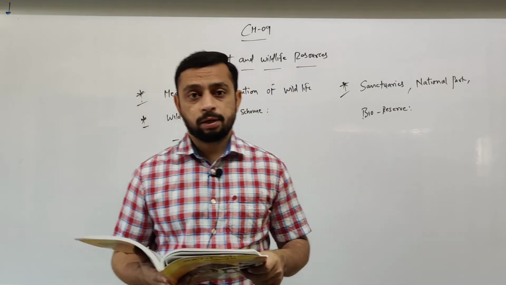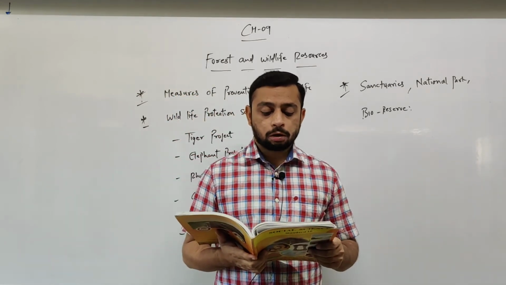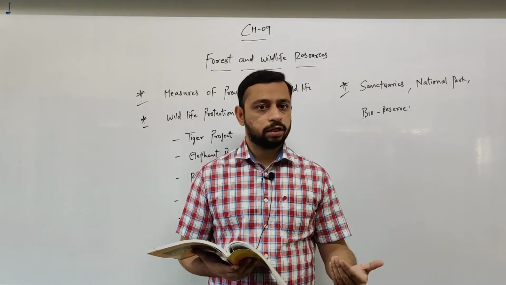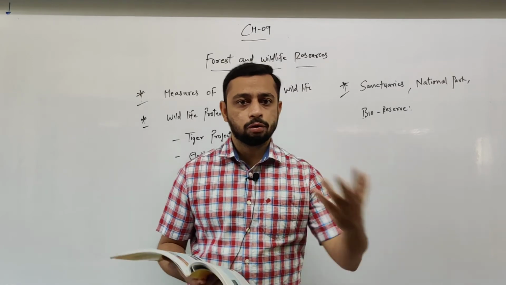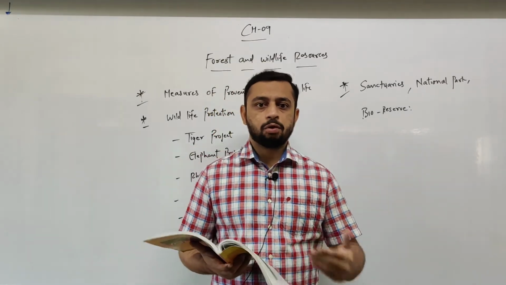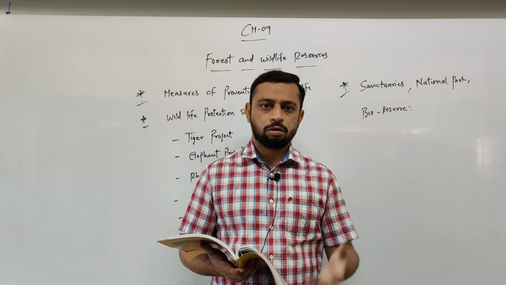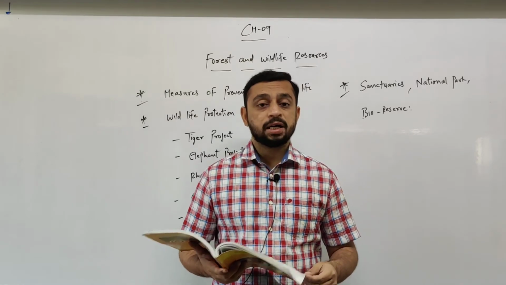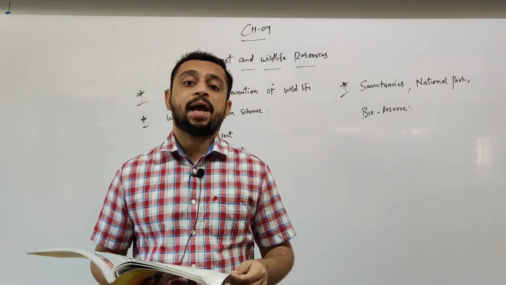Next, point number 3. There should be strict laws to ban hunting. So this is what I have said, right? Obviously in our self-defense, we are going to kill those animals, right, if we go deep inside that particular territory. So this is the third concept. There should be a strict law to ban the hunting, right?